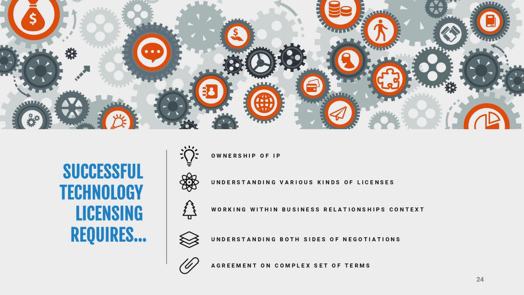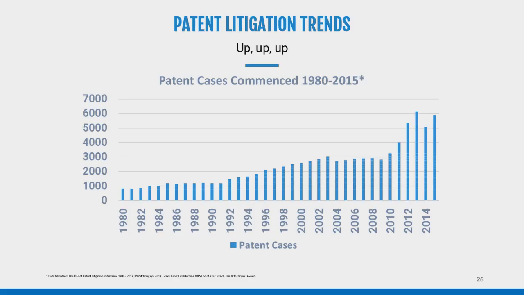Now I want to move on lastly to litigation. Next slide, you'll see a chart here that shows us the trend of litigation over the last couple decades. These are the cases that have been commenced since 1980. Some of the data hasn't been released since 2015 or 16, so it's not the most updated. But as you can see, patent litigation trend is just going up. Even with some law changes in 2012, you can see a slight dip, but that has continued to soar back up despite some of the law changes that were attempting to mitigate the rise of patent litigation.